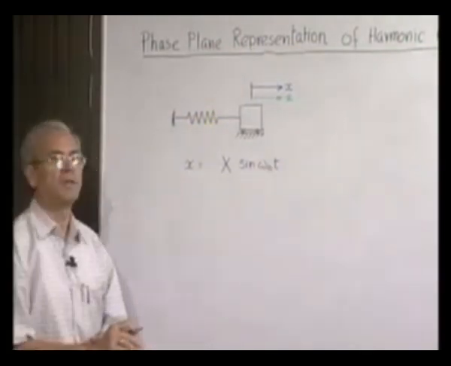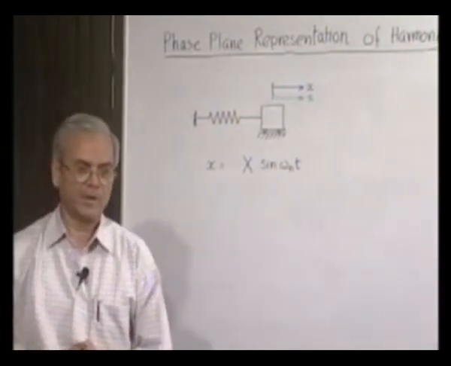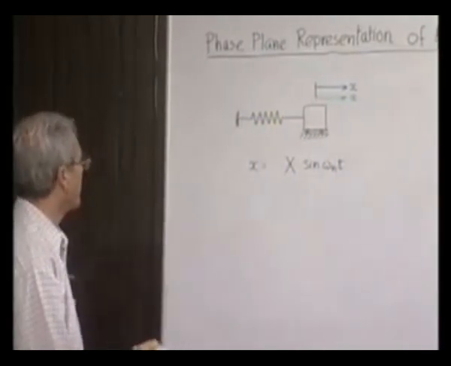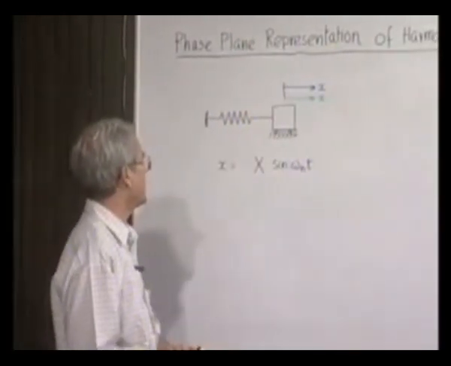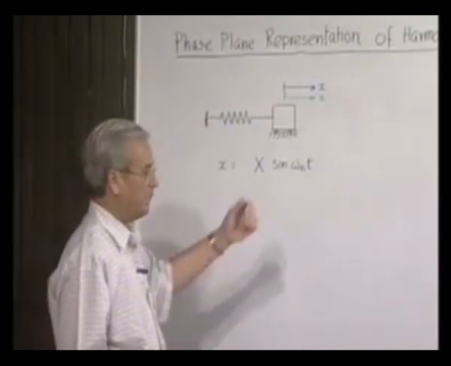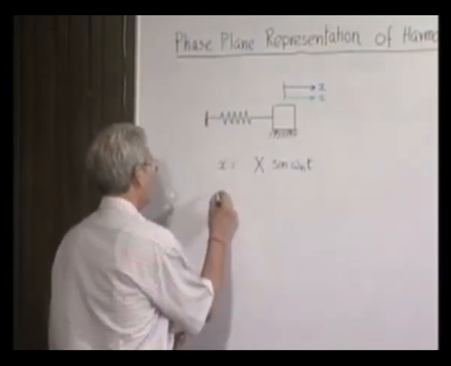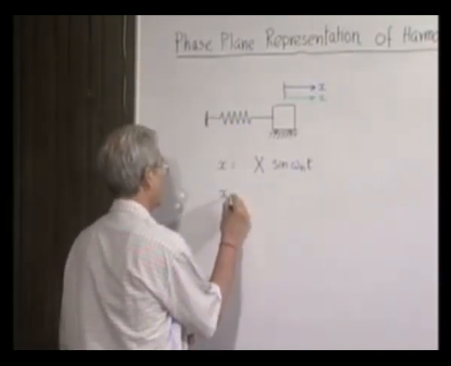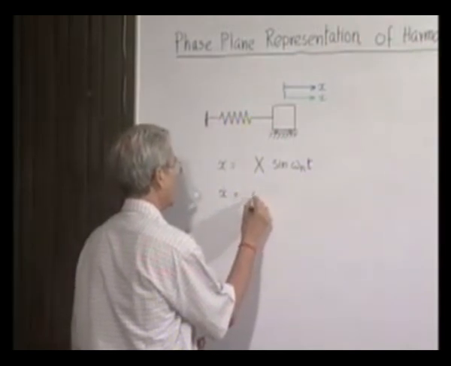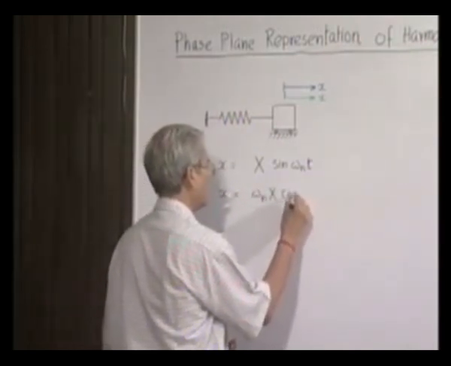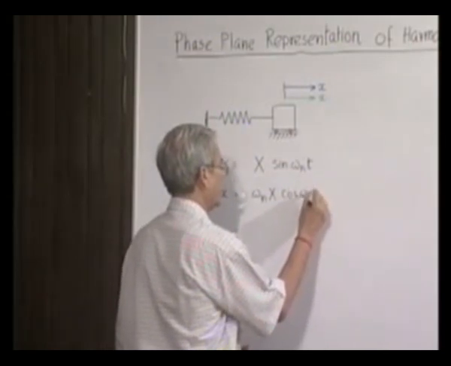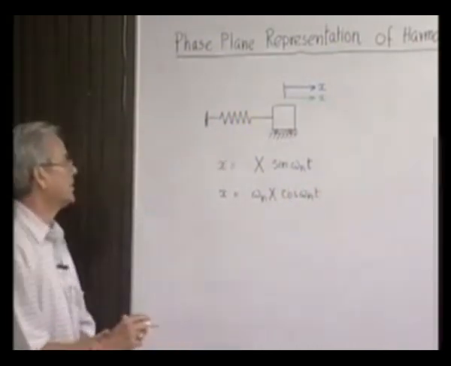This we have used even while considering the energy approach. So, the harmonic oscillation of this object is being represented by this function of time. So, we know x dot, that is the instantaneous speed of the object, will be this,